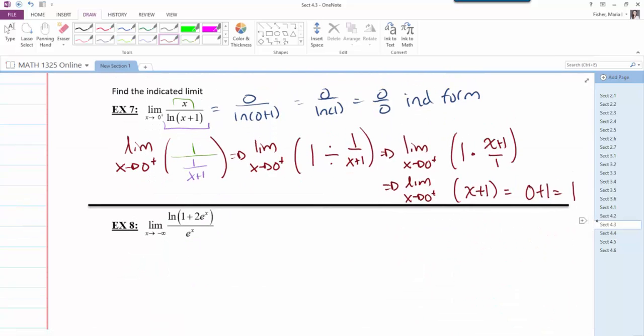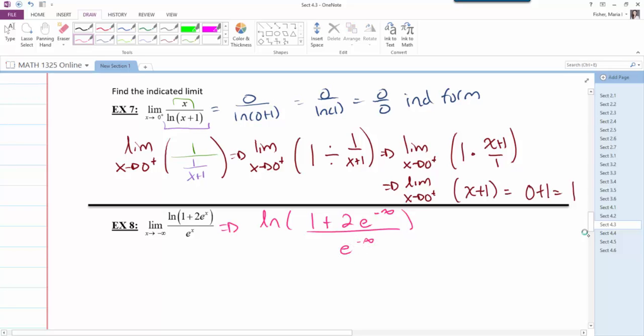The limit as x approaches negative infinity. So I need to figure out what the limit as x approaches negative infinity of the natural log of 1 plus 2 times e to the x, all over e to the x, is. So direct substitution yields the natural log of 1 plus 2 e to the negative infinity, all over e to the negative infinity. Recall from what we said at the beginning of this section,